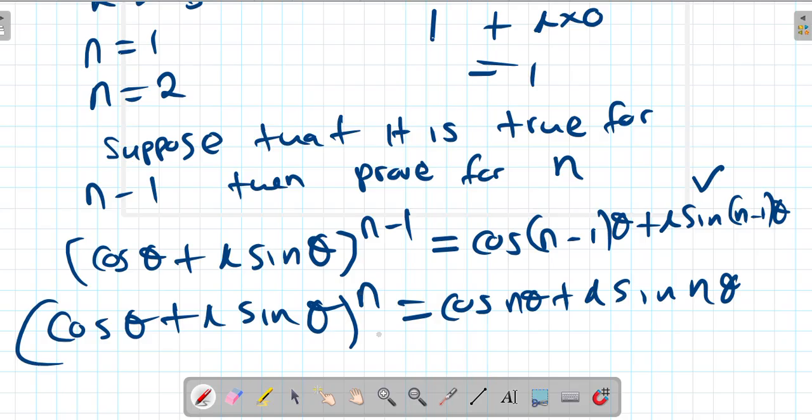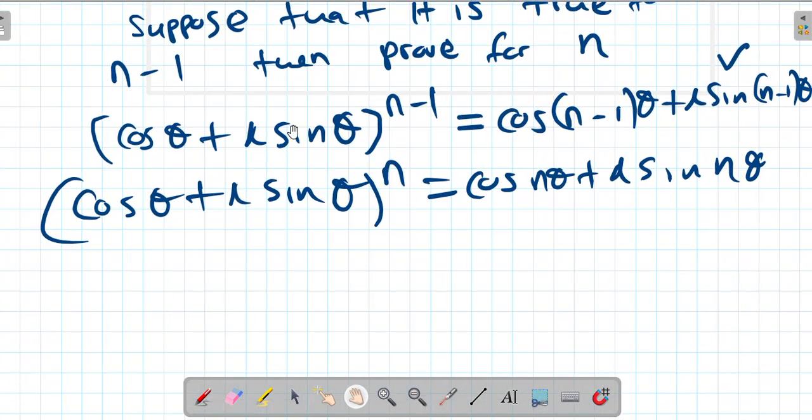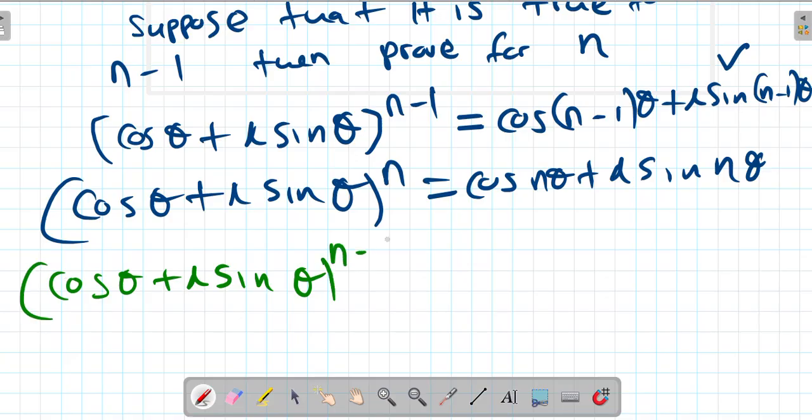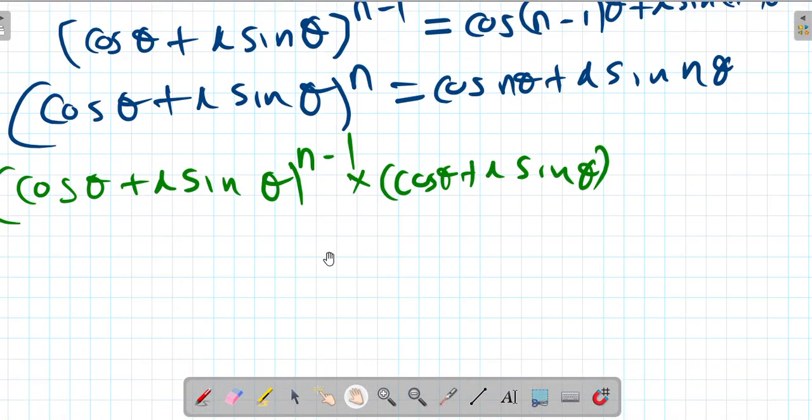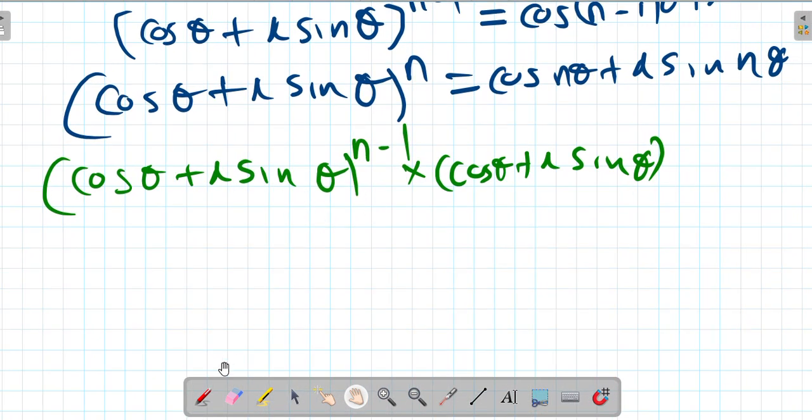Alright, so from our hypothesis, we know that (cos theta plus i sine theta) to the power n minus 1, if multiplied by cos theta plus i sine theta, will be equal to